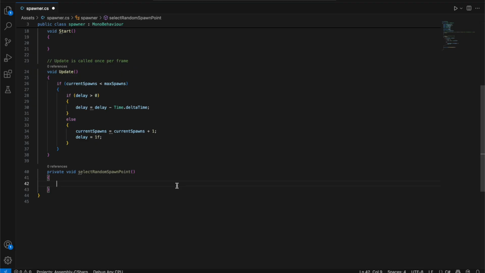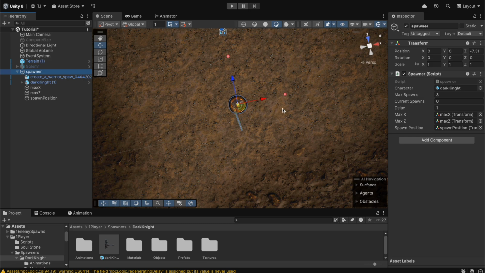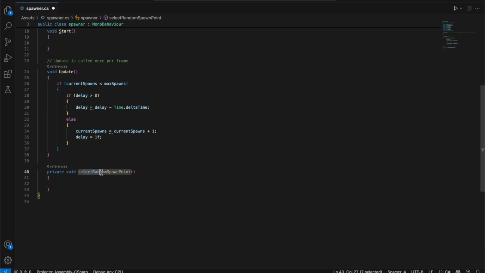So we're gonna go over here and we're gonna create a calculation. So basically anywhere on the map that this object is located, this is gonna be the maximum spawn position for the X values and for the Z values, and also the same thing for the minus values over here. Alright, so to do this, we're gonna go back to our code, and inside of the new function that we